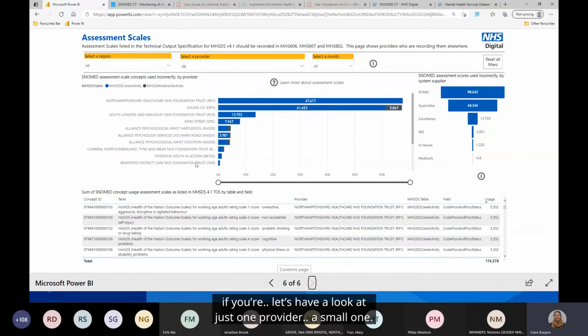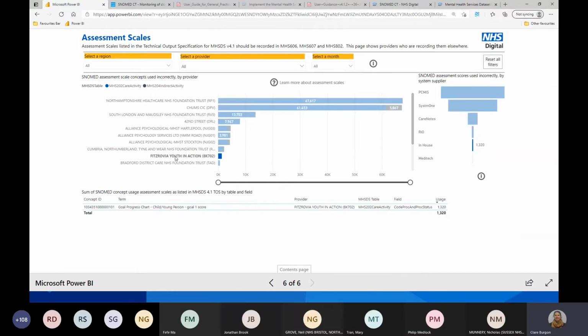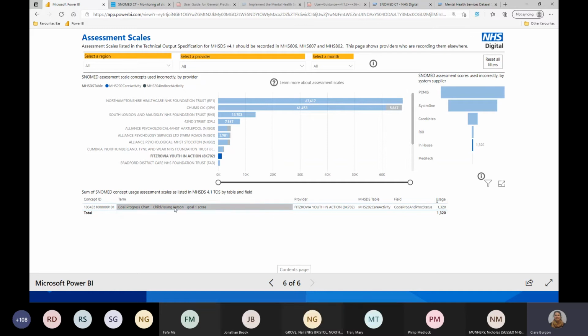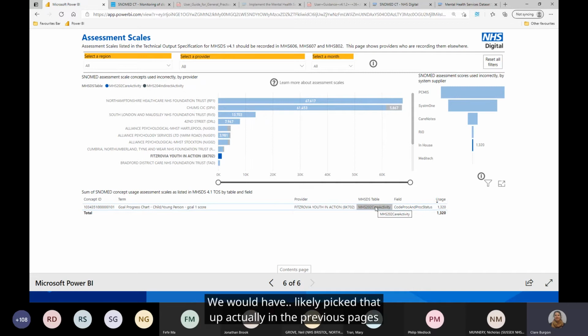Let's have a look at just one provider, a small one. They've just got one concept that they've sent many times to the 202 care activity table, and we would likely have picked that up in the previous pages where we've said this is not a procedure, so it's in the wrong place.